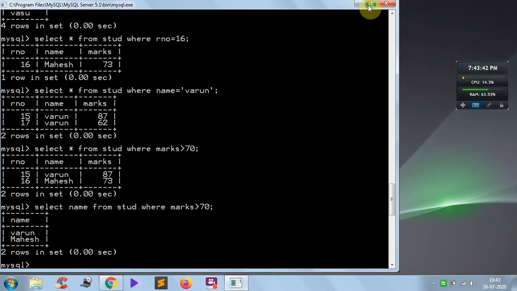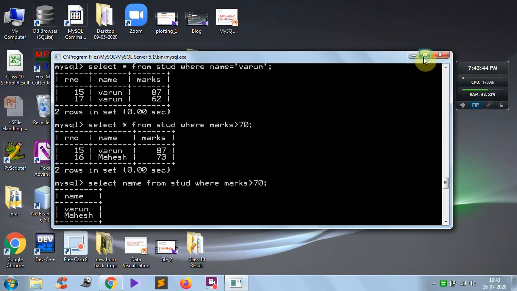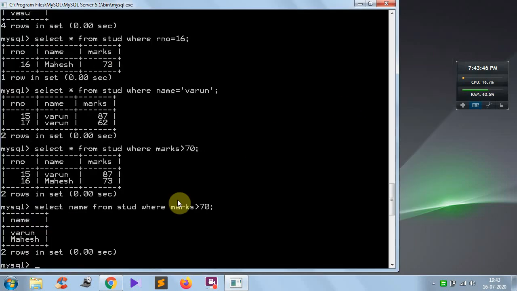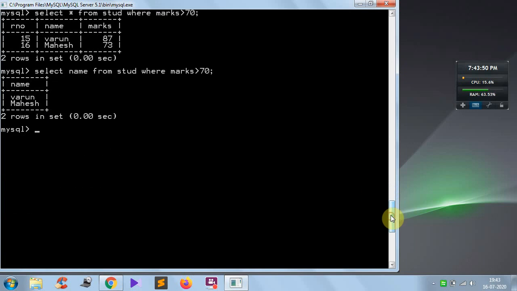Now I want to give multiple conditions. How to do? Select star from stud where, as usual, where.